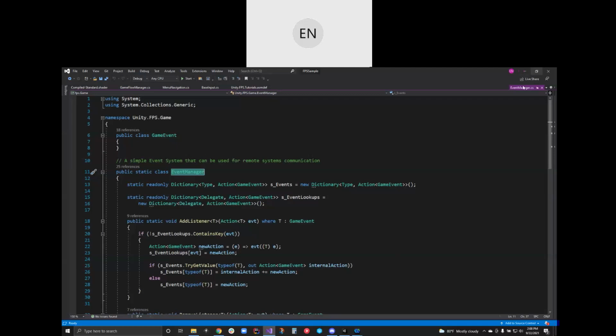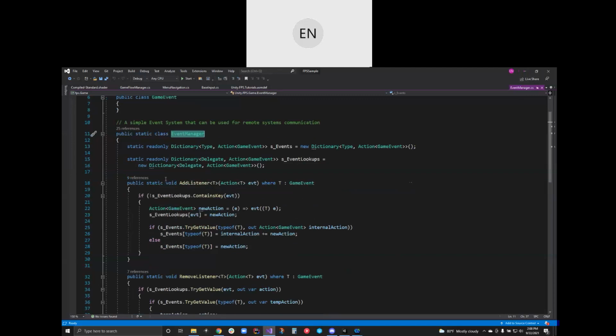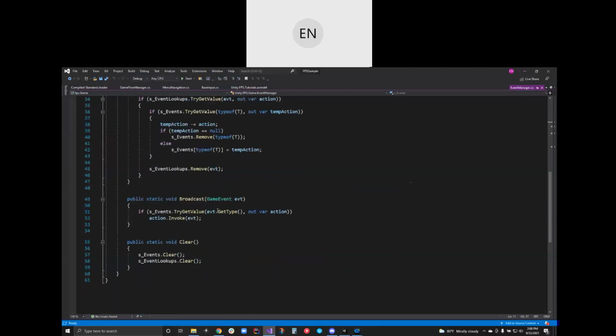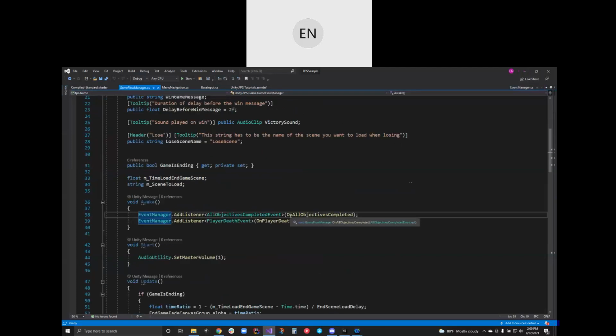In this case, there's Event Manager, which has a lot of this functionality. It lets you add listeners, remove listeners, broadcast events, clear stuff out. Events are really useful when you don't want to connect up your objects and make a messy connection like spaghetti code. You can't manage all these connections.